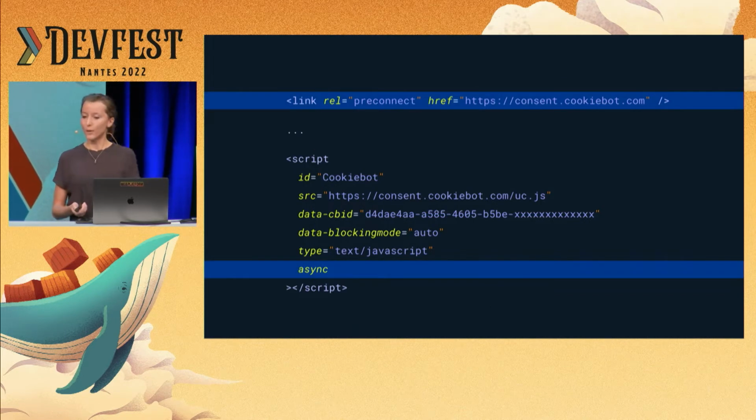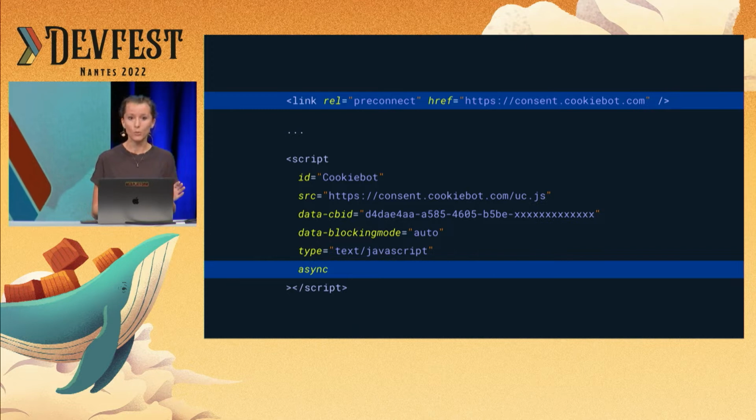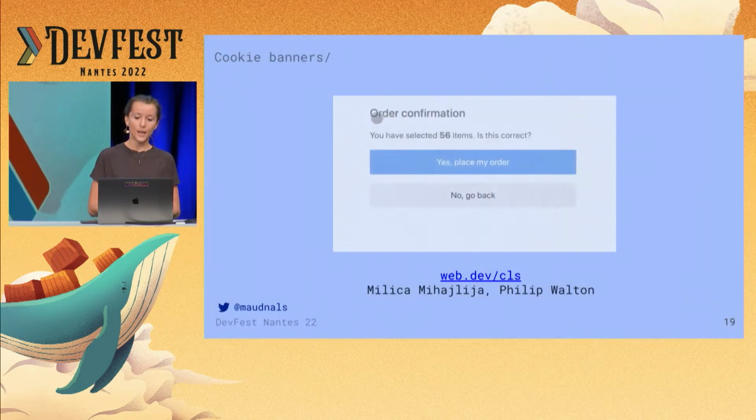First, you want to use async on the script I showed earlier, if you can. You also want to establish an early connection with the cookie banner origin with preconnect, which is here on top. So, little performance tips. There are more, but this is an overview.